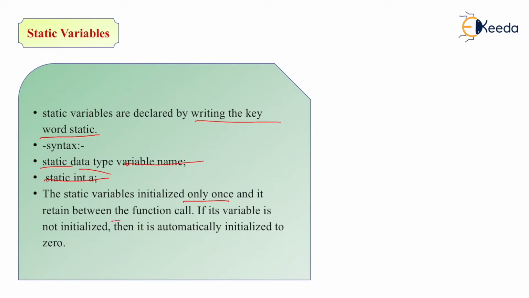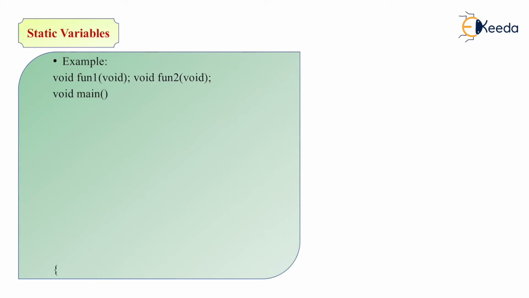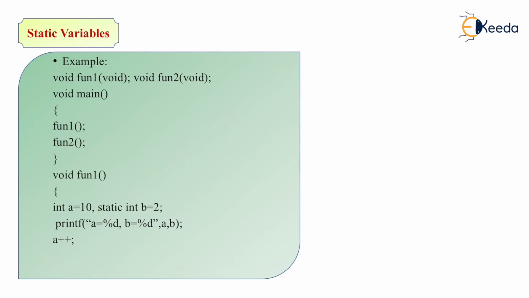It retains its value between function calls. If the variable is not initialized, then it is automatically initialized to 0. If at the time of initialization you have not specified the value of any static variable, then by default it is always 0. Then for example,